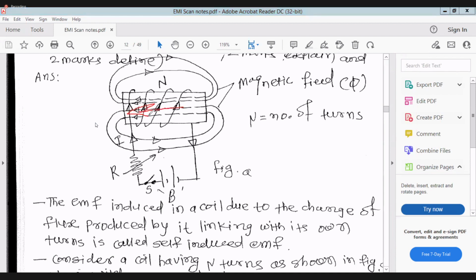ES, self-induced EMF, ES is in this direction, and supply current is in this direction. That's why it is in opposite direction of the supply current or supply voltage. That's why this is called a back EMF. Now, due to the effect of back EMF in the coil,